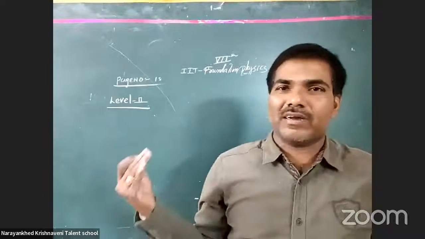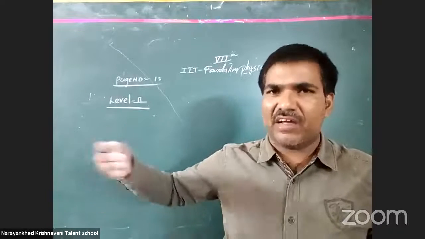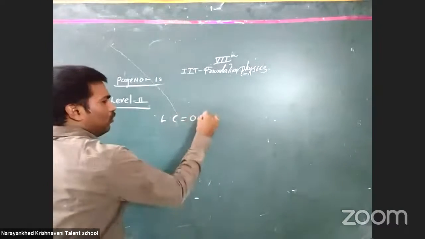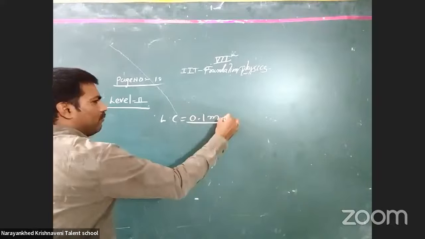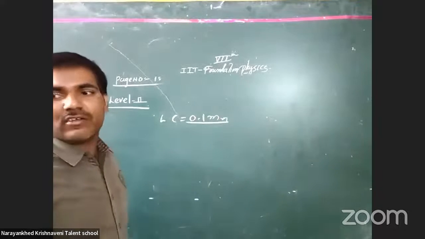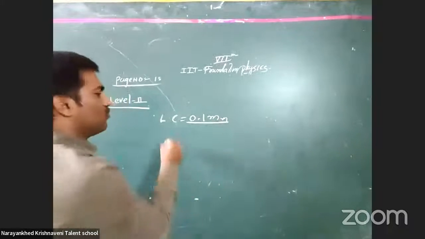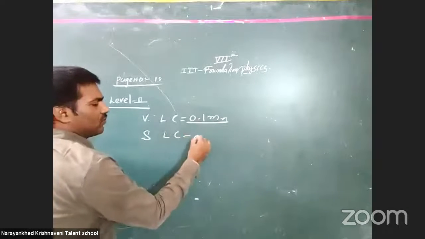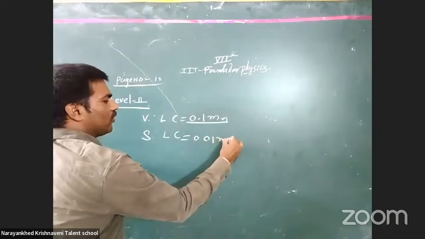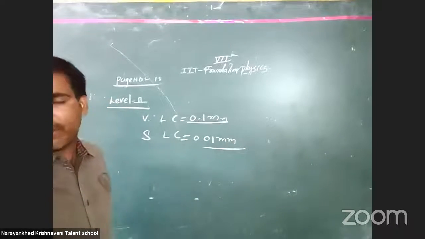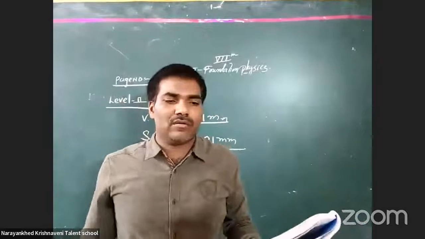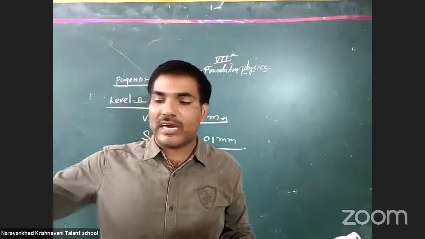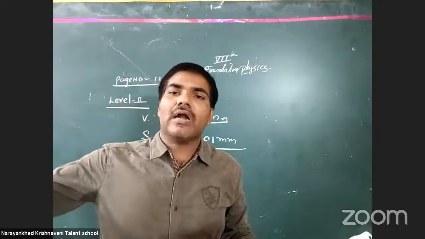You already completed the ordinary vernier calipers, the regular vernier calipers we use. It contains how much? Its least count is 0.1 mm, a tenth part of a millimeter. The ordinary screw gauge has a least count of 0.01 mm. Now there is the ratio between these two things. What is the question? What is the ratio of the least count of an ordinary vernier calipers to an ordinary screw gauge?